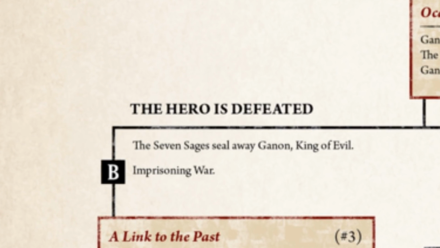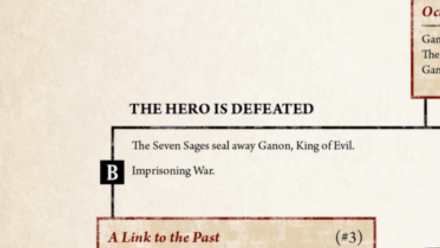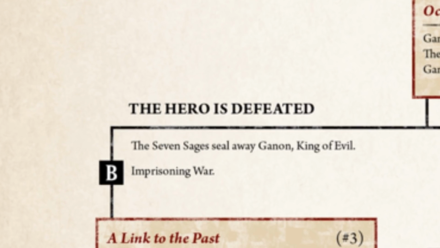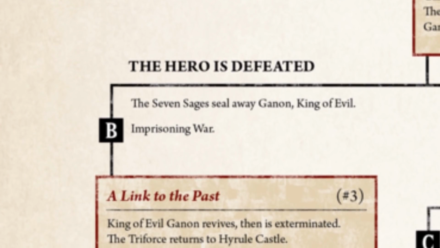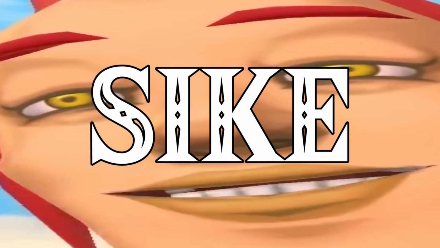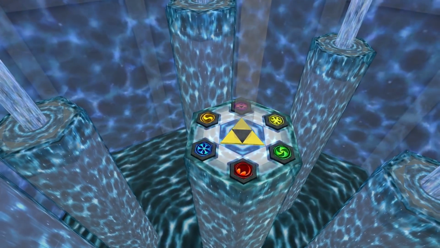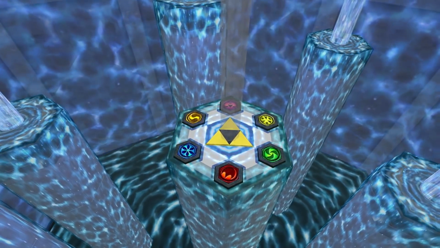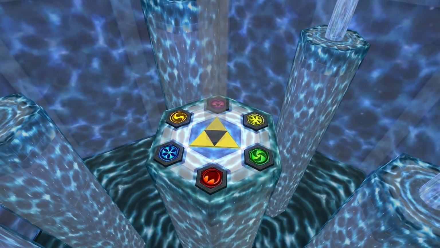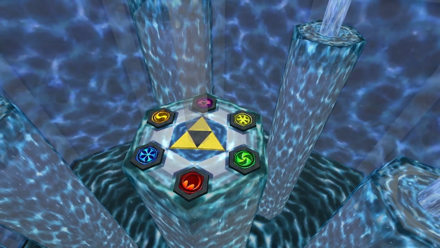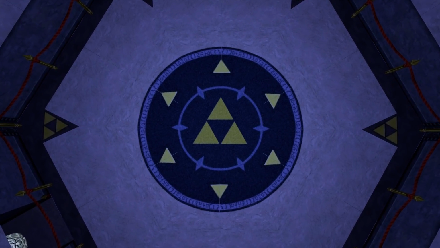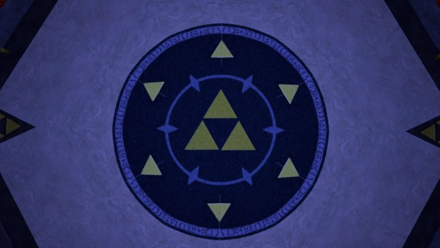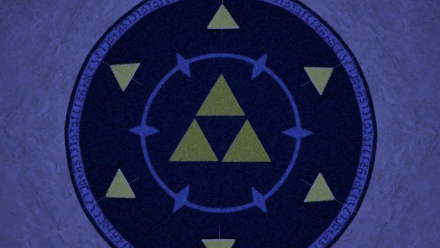You know, the hero, Link, being defeated and then the near future aftermath of that. The decline of Hyrule and the last hero, the imprisoning war, there was peace, psych, it's gone, and the Sacred Realm reopened, leading to people to fight over the Triforce. People who went in were never seen again and Ganon's army poured out of it. Were the people turned into his army? Who knows, but the sages closed the realm again and Hyrule was left impoverished.